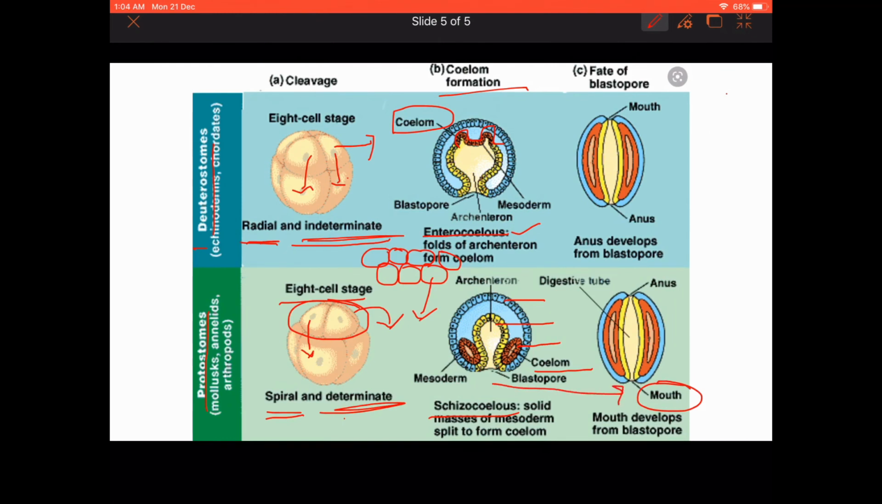So they are known as protostomes, and the anus develops opposite the mouth, while in deuterostomes the anus develops from the blastopore and the mouth develops opposite the anus. So they are known as deuterostomes, and the examples are echinoderms and chordates, while protostomes are the mollusks, annelids and arthropods. I hope this topic is clear to you,